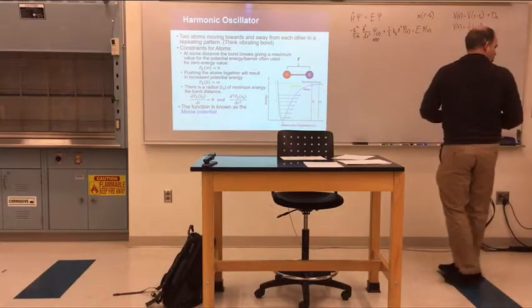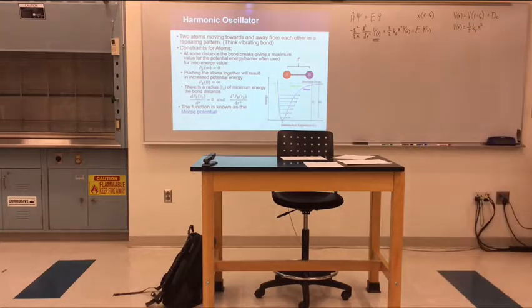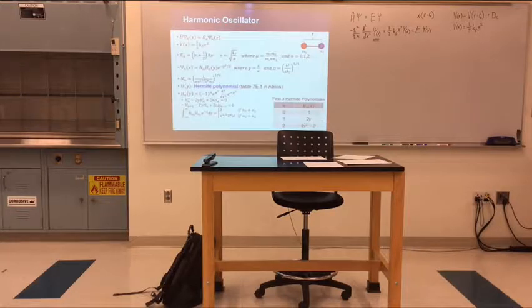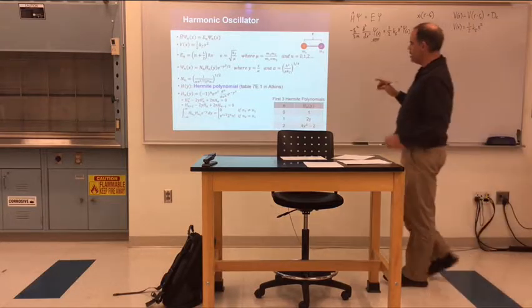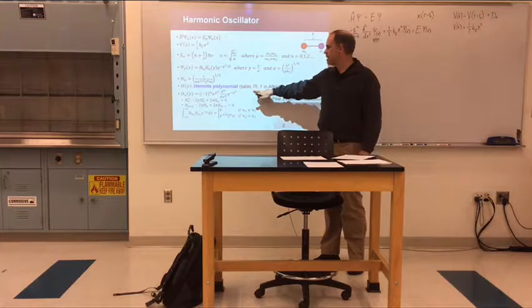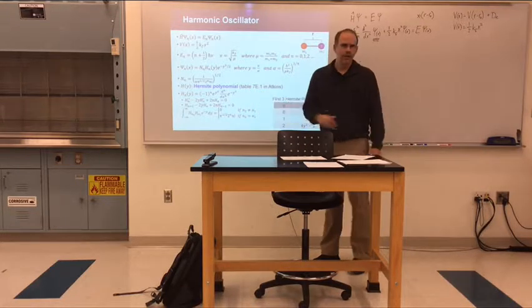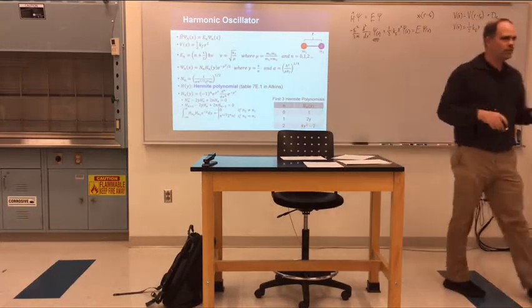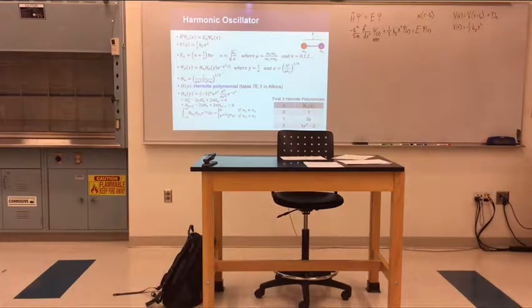So the equations that works for are called Hermite polynomials, right? In the Atkins book, the 11th edition, it's table 7E.1. In the other editions, you're just going to have to look through. If we're talking about the harmonic oscillator, there's going to be a table